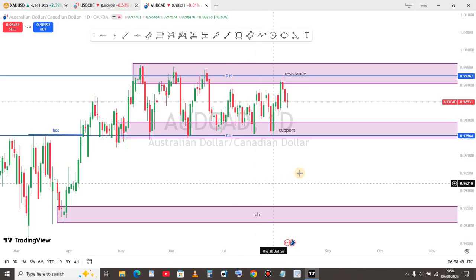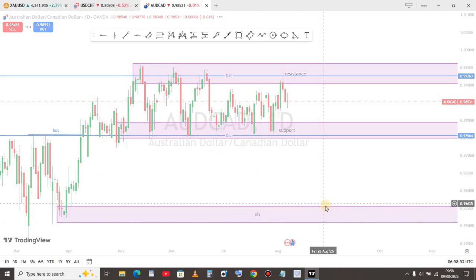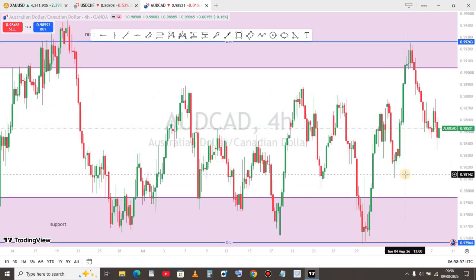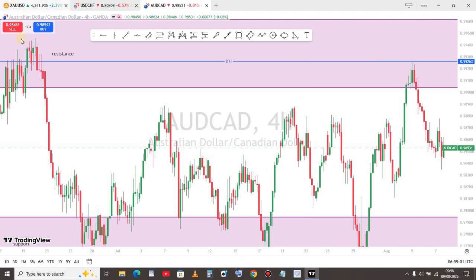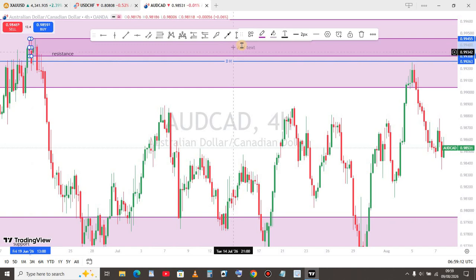So after marking our daily high and daily low, support and resistance, we go to the 4-hour time frame, whereby we want to know exactly what the chart is doing. You can see this was a supply area. You can call this a supply. So inside the resistance and support level, we have a supply area. This is a supply